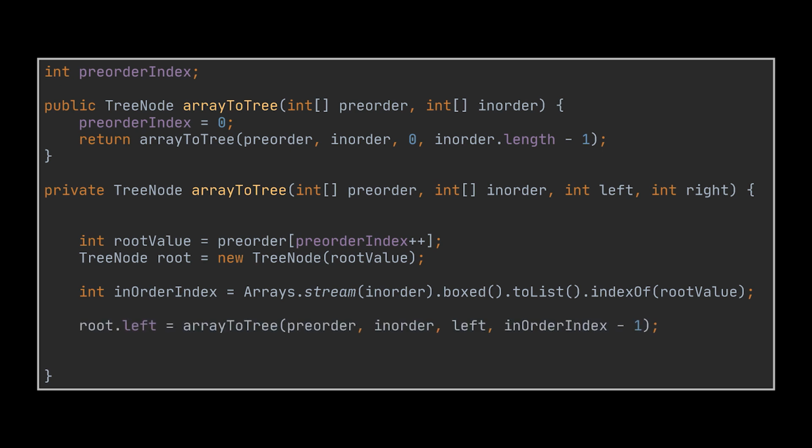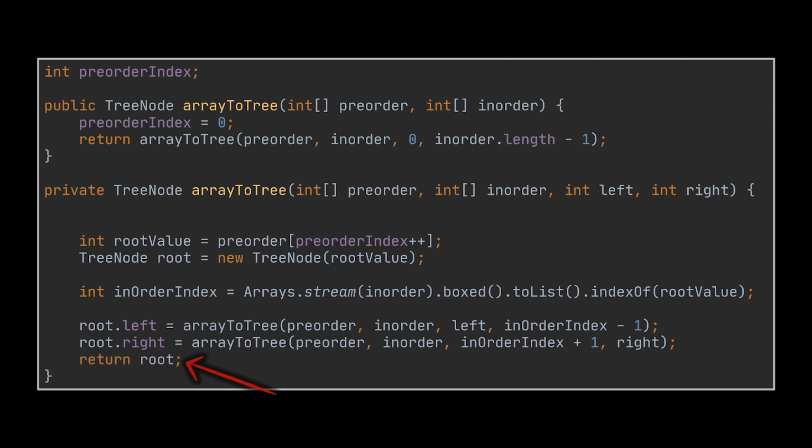When this is done, the left subtree of the root will be generated in the same recursive way and will be represented by the nodes ranging from the start of the in-order array to the root index we just found. The remaining nodes, starting at the root index till the end of the in-order array, will represent the right subtree of that root node. Finally, all we must do is return the root. And as with all recursive calls, we need to add a breaking condition. And here, if the range provided is empty, then we should return the null value. That's it, we can now generate a tree when provided with the pre-order and in-order arrays of that tree.